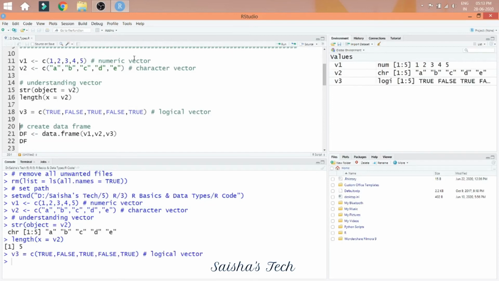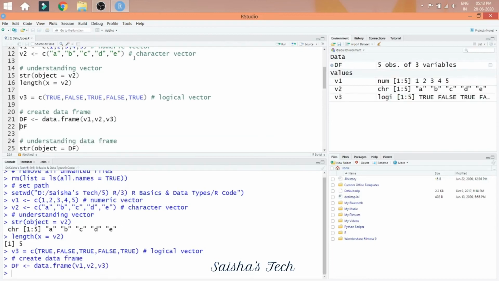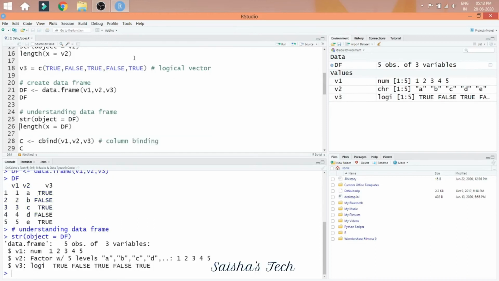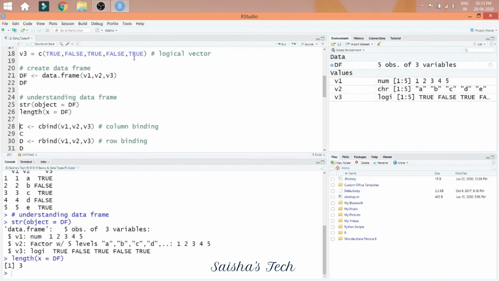V3 represents logical vector. In line 21, we are creating a data frame with numeric, character, and logical vector columns. We can understand data frame by structure and length function. Here, structure provides us each column data mode and length provides us the number of columns in the data frame.